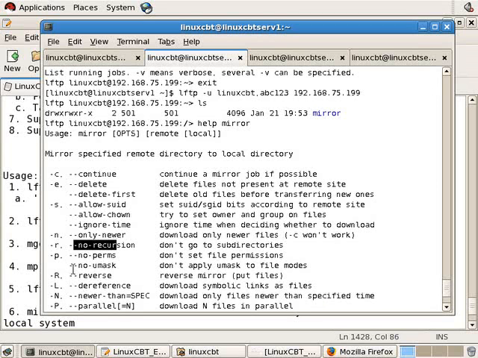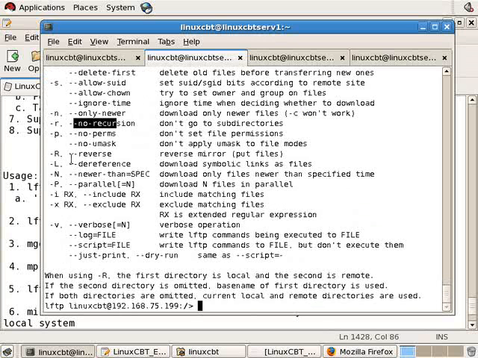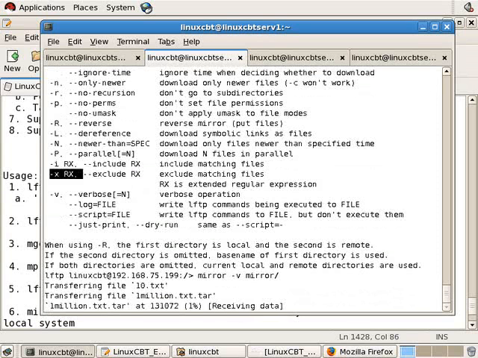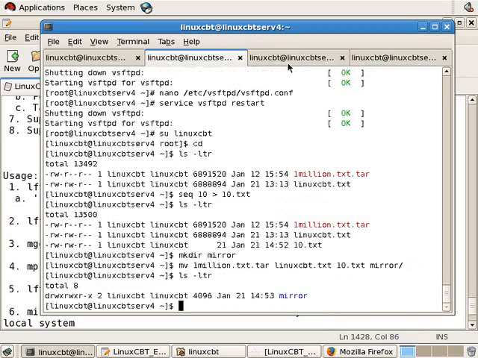Whether or not to set file permissions, whether or not to include or exclude items based on regular expression patterns. But basically, you'd use the mirror as follows. Mirror verbose, followed by the name of the directory. This will mirror the mirror directory to our local system at whatever transfer rate is in place, and from a